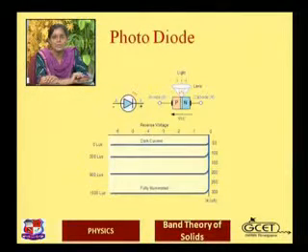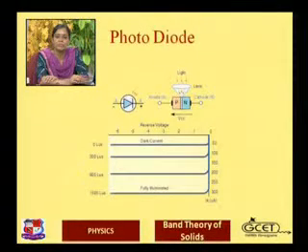So that's why it is independent of the reverse voltage. Whatever the reverse bias voltage, the reverse saturation current will be constant. It is of the order of microamperes. Right? So this is the dark current. The dark current is nothing but the simple PN junction diode reverse saturation current.